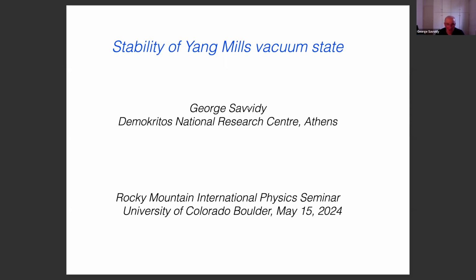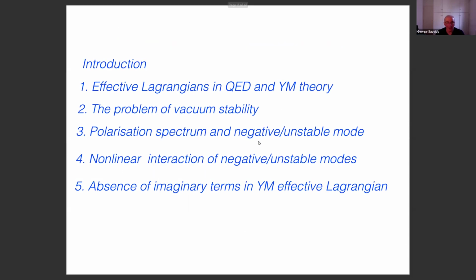I will try to explain as clear as possible. So the title is Stability of Yang-Mills vacuum state. I will have a short introduction, and then I say about effective Lagrangians in QED